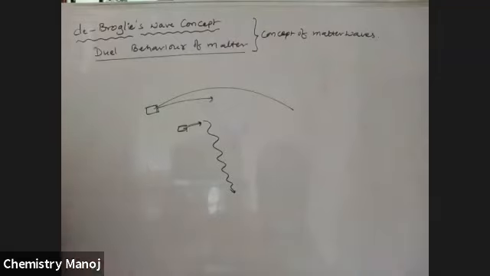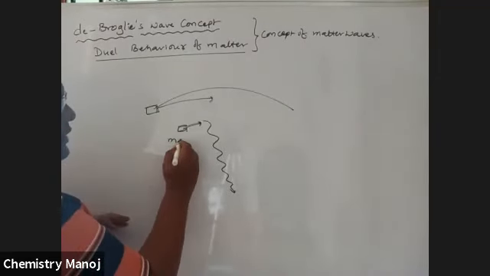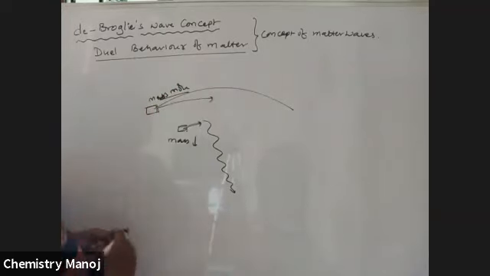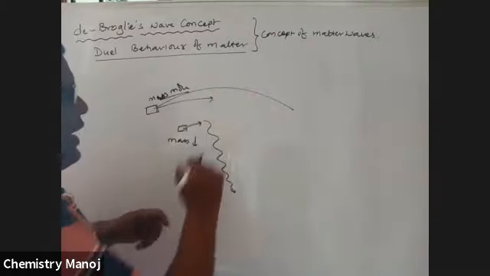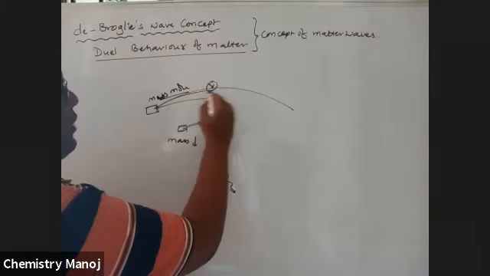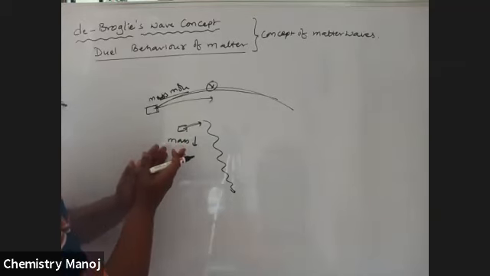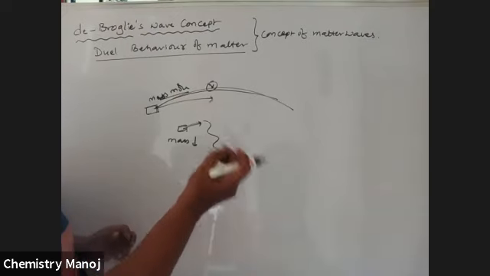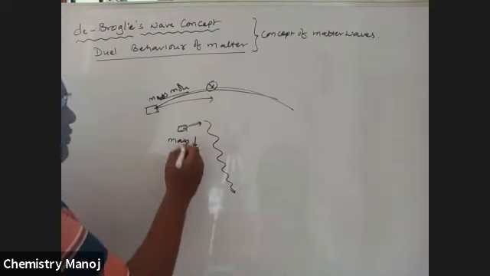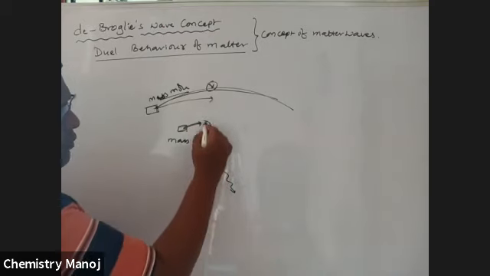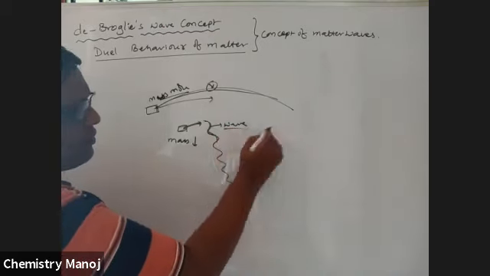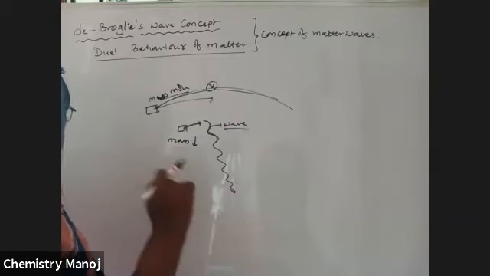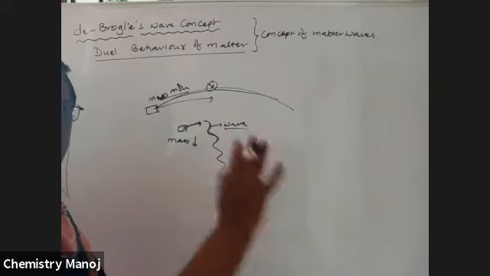Okay, so see here. Here mass is less, here mass is more. A more massive particle in motion has a certain velocity, and it moves just like a parabola. But for a small-sized particle with very negligible mass, if it is in motion, it moves just like this. Is this a wave or not? Yes, it is a wave.